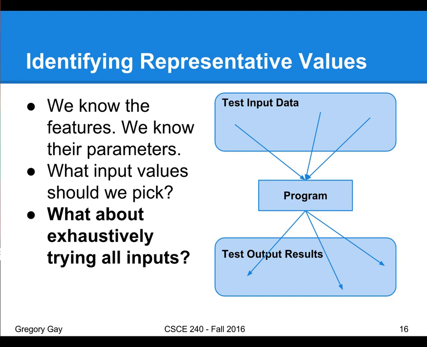Well, the next step from there is to come up with the input to those parameters. If we want to test the software, we should prod the system and see what it does, right? So we need to know what kind of values we can pass in. Now, at first you might just try, well, why don't we try everything? Why don't we try every possible input we could pass into this? You could probably already guess that's not generally feasible, right?